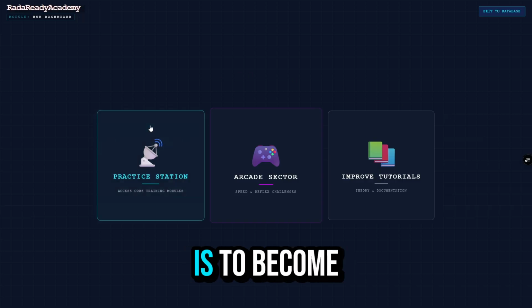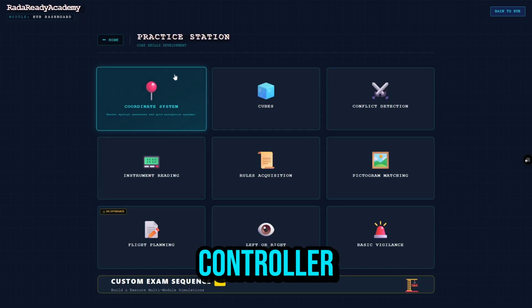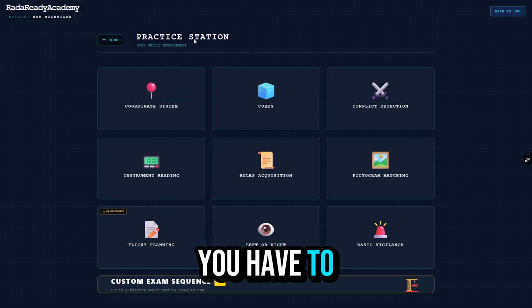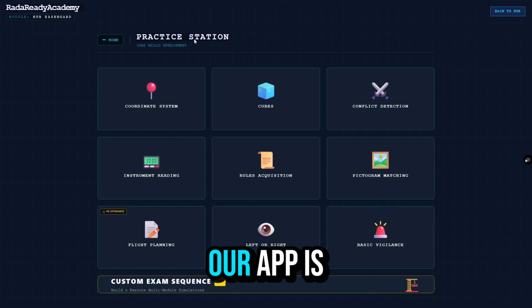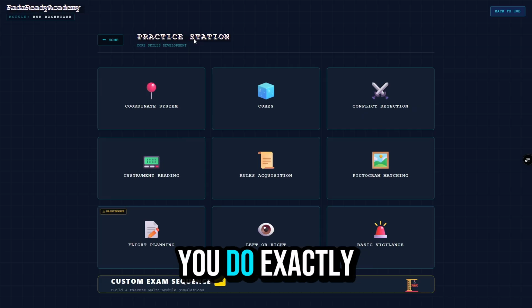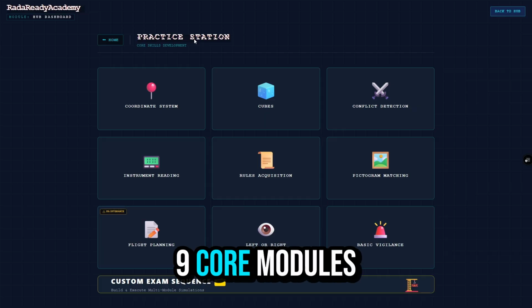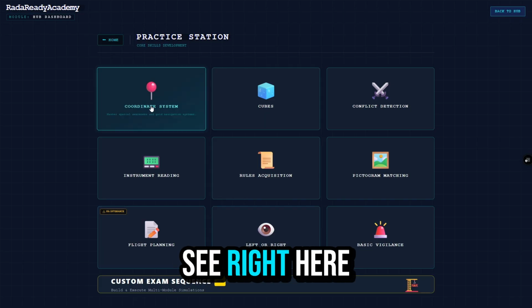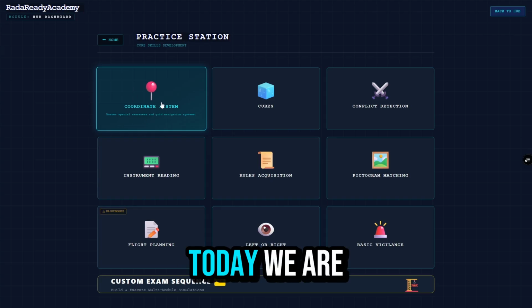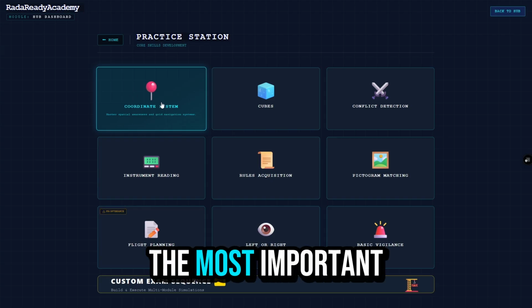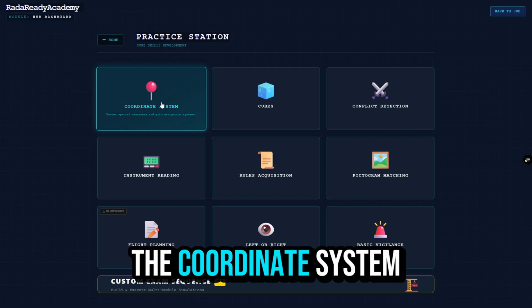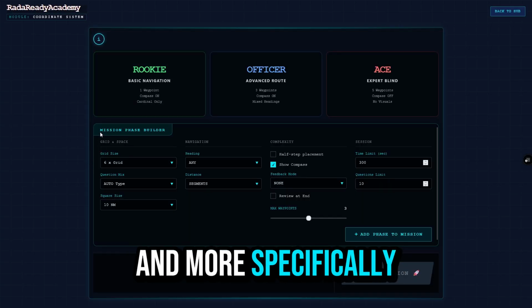If your dream is to become an air traffic controller, you already know you have to pass the FIS exam. Our app is designed to help you do exactly that. To pass, you need to master 9 core modules, which you can see right here on the screen. Today, we are going to focus on one of the most important concepts, the coordinate system, and more specifically, the